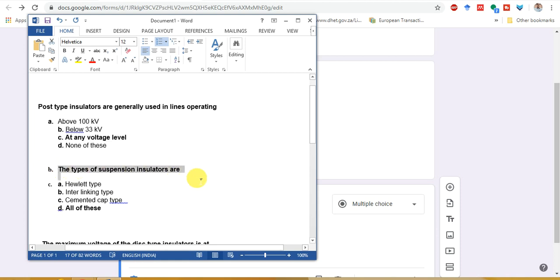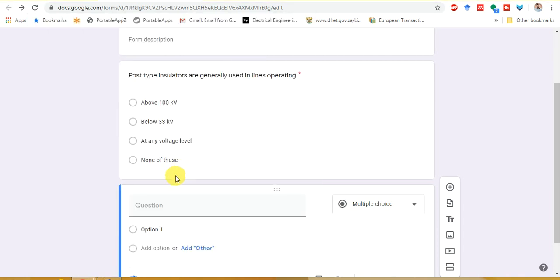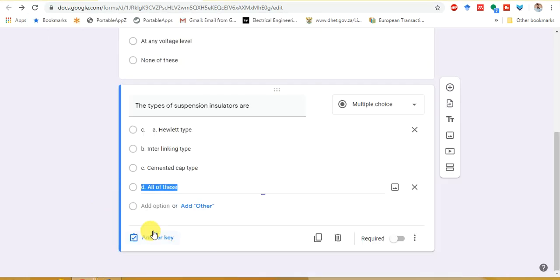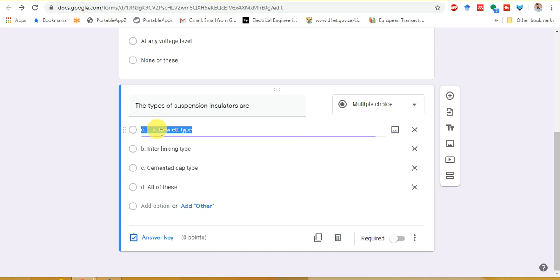For this next question, I am copying the question from here, then just paste it. Then after this, its options. So the options are pasted here.